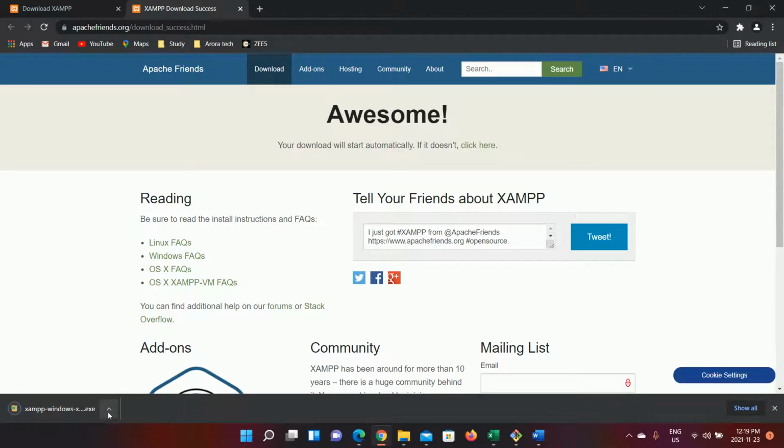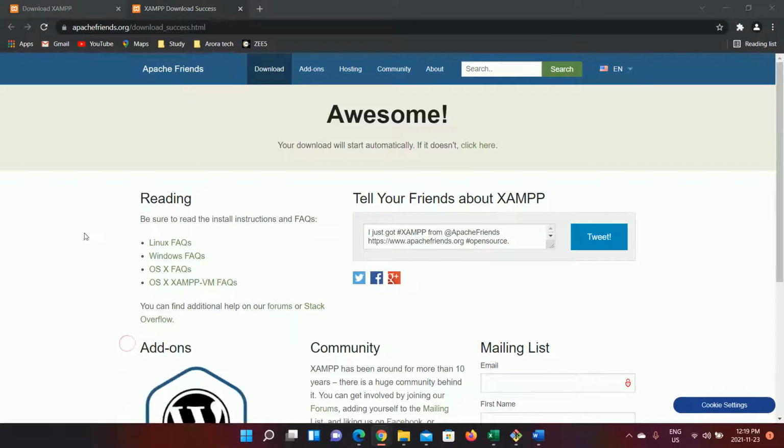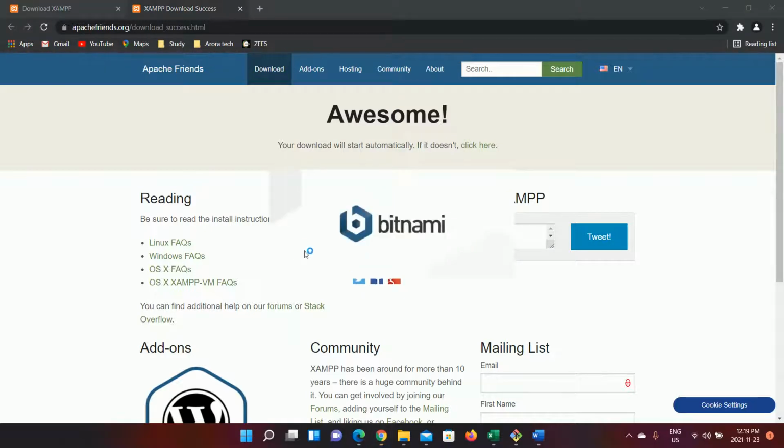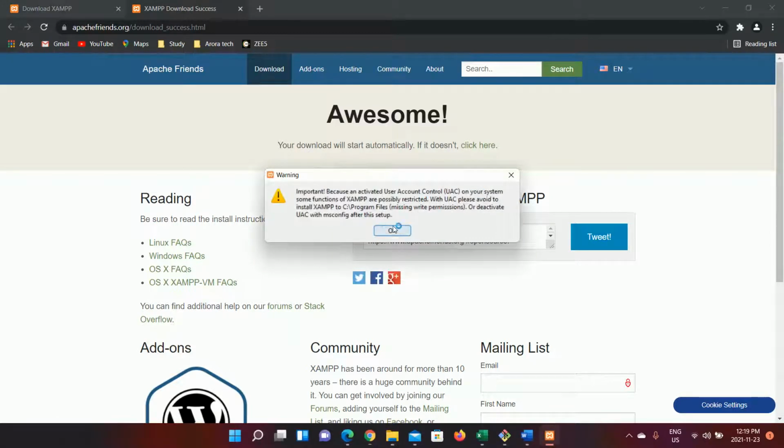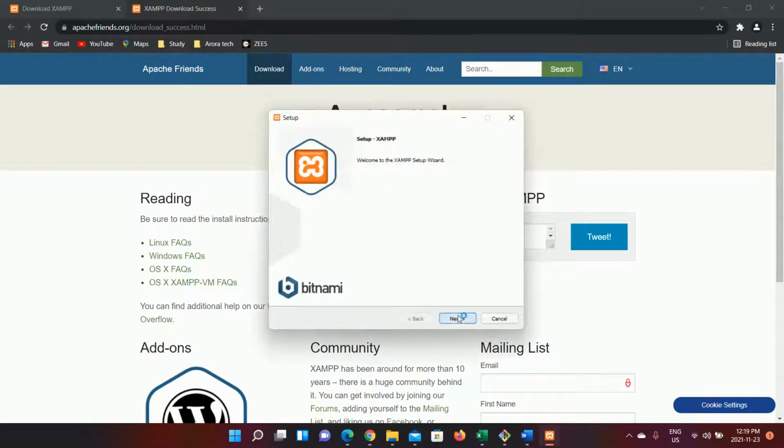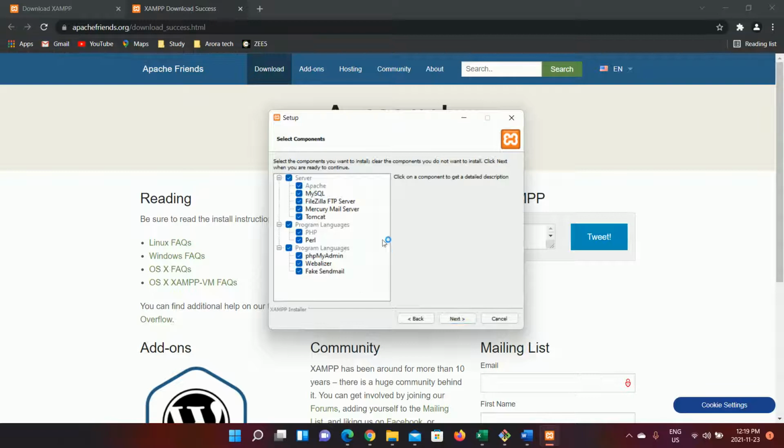Now the installer has been downloaded, so just open it up. You can get some warnings, but it's okay, it doesn't matter. Now click on next. Here you can see the different components that will be installed with XAMPP. You got the servers, the programming languages. So the best option is to select all. It will not take too much of your computer speed and it will not slow your computer down. So just next,